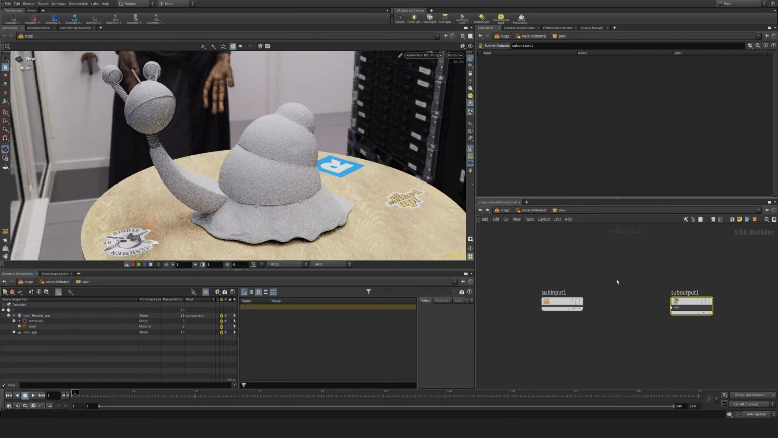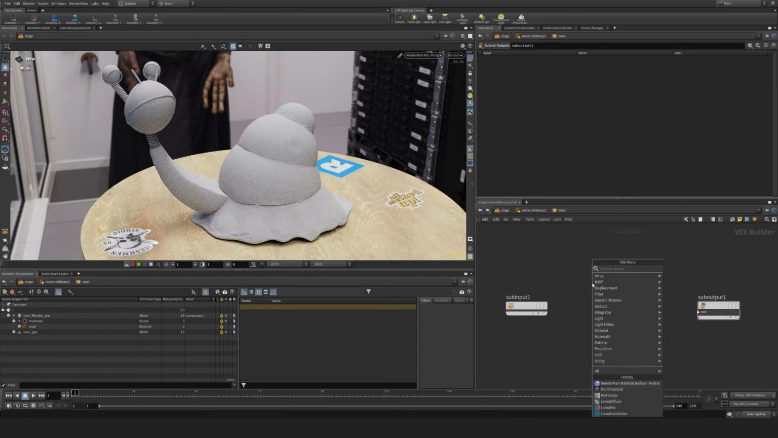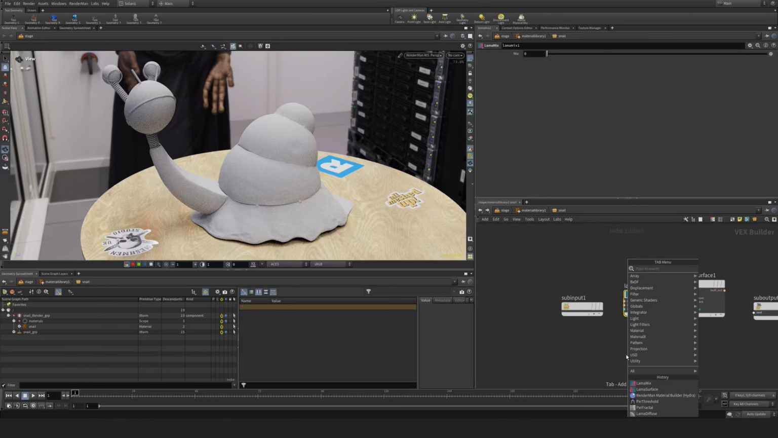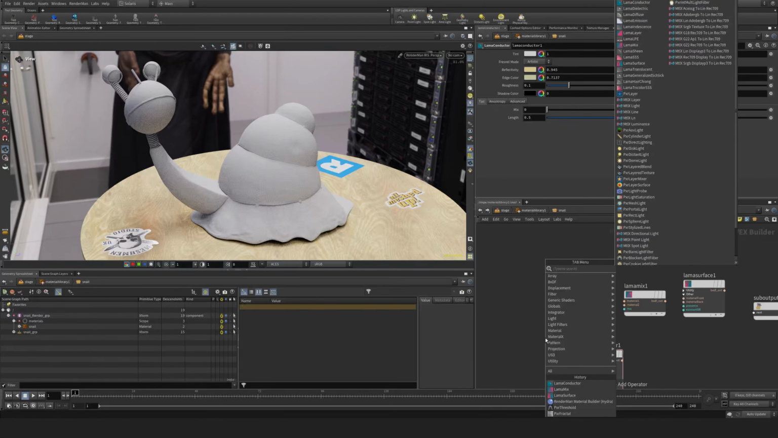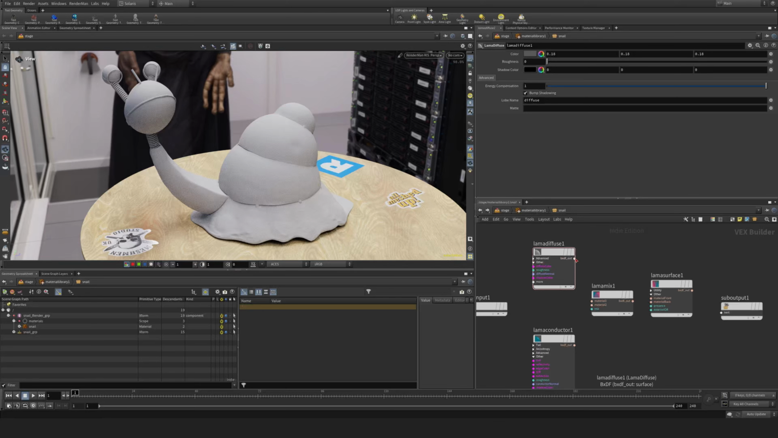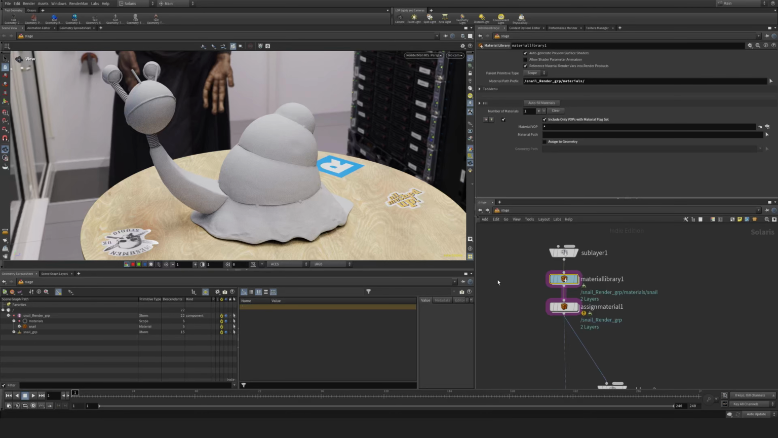Go into this one. We're now inside essentially what is a subgroup. Let's create a Lama Surface, a Lama Mix, a Lama Conductor, and a Lama Diffuse, like so. I want to connect my diffuse here to my mix, and my mix into the material front, and my Lama Surface into the sub output, the conductor into material 2, and I'm just going to go out here and